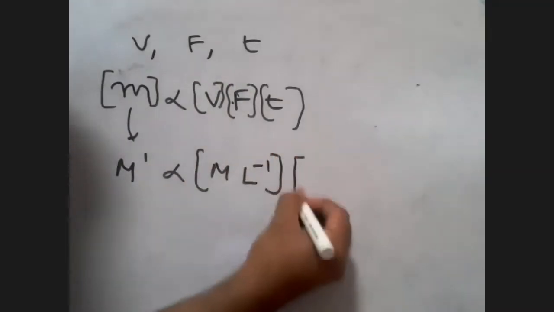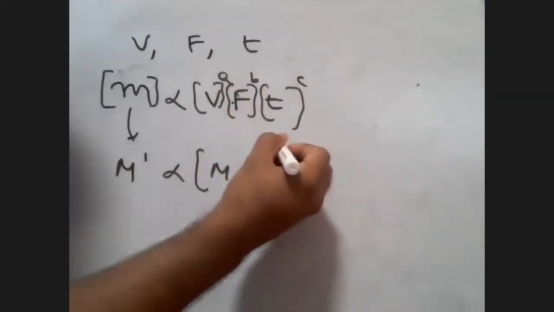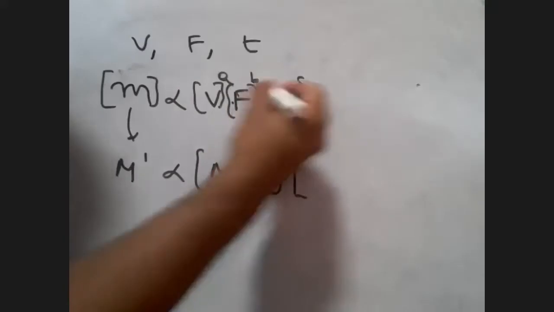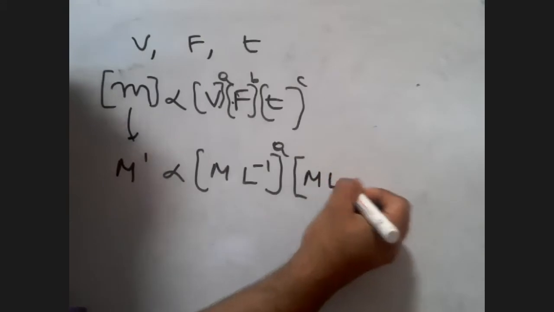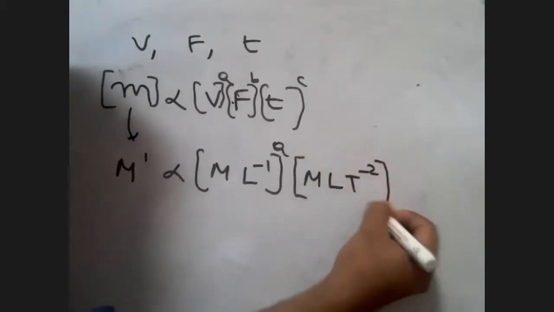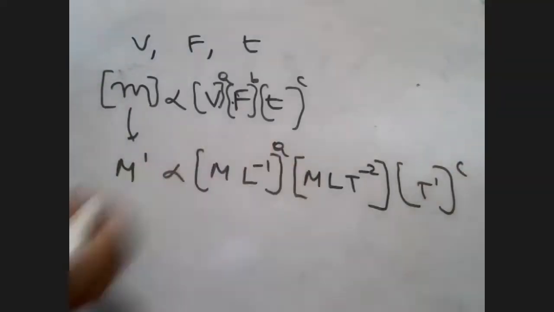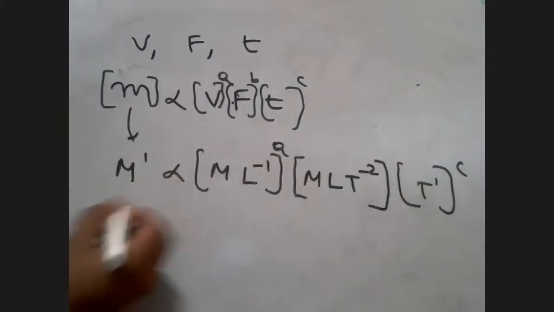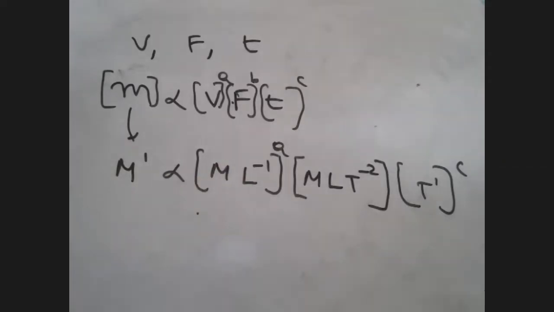What is the dimension of force? Of course, these are raised to A, B, and C because we don't know them. So tell me, force is what? L raised to A times MLT to the minus 2 raised to B, times T raised to C, of course T is T raised to 1. Please equate this and let me know what it is going to be. A is minus 1, B is 1, and C is 2, you're telling me directly.